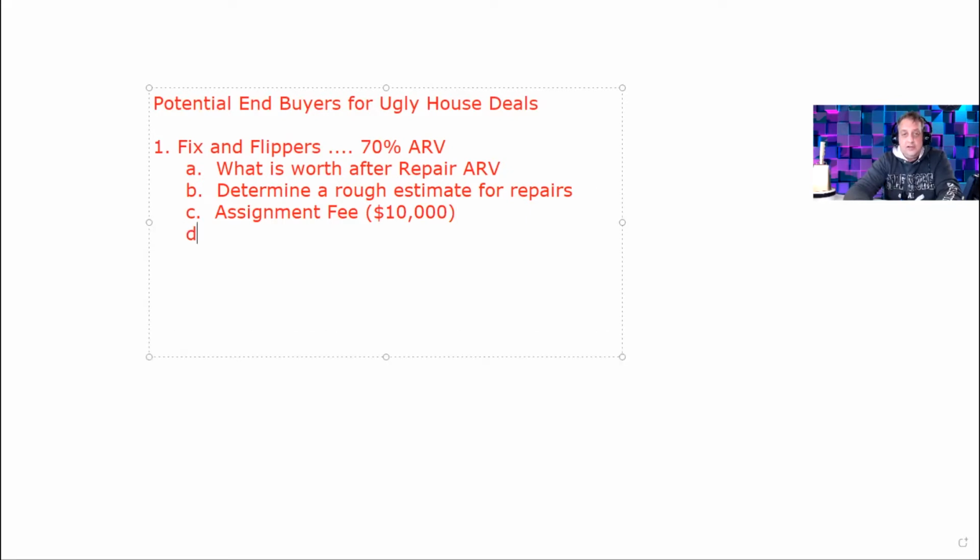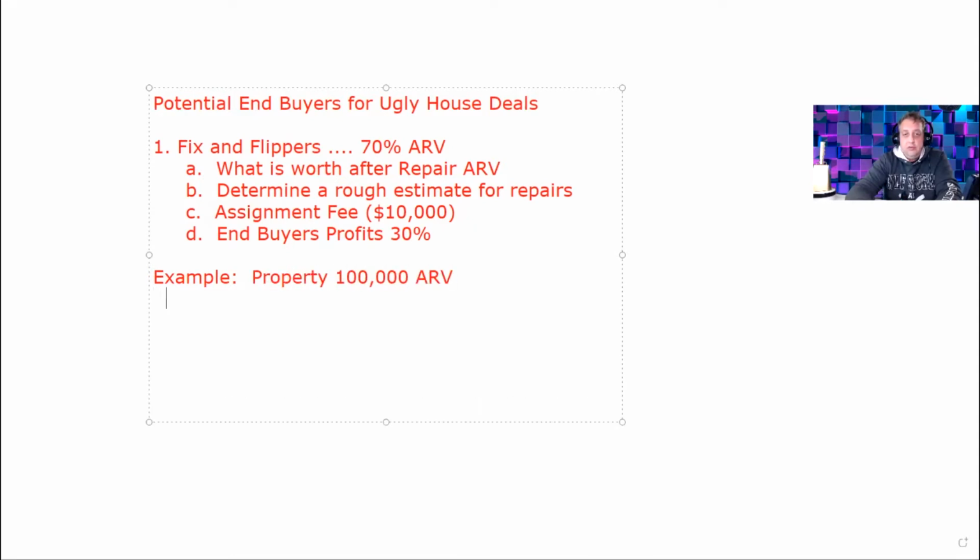So now let's go down and do another one here. We need to have your end buyer's profits, okay? Your end buyer's profits for fix and flippers, they need a 30% spread right there off the top, okay? So here's what we do. Here's an example. If the property's ARV is $100,000, then what we'll need to do is